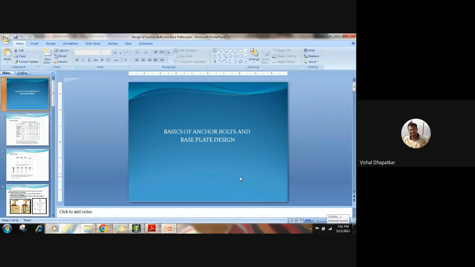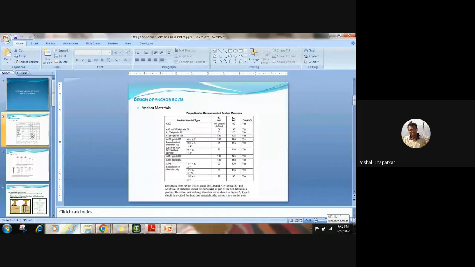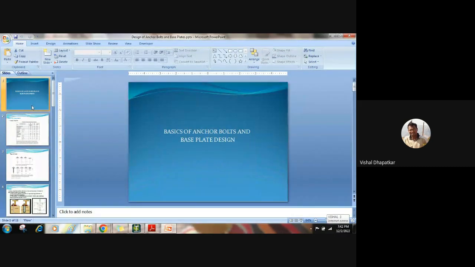एंकर बोल्ट का आपको ज्यादा डिटेल की जरूरत नहीं है, कभी इंटरव्यू में कोई क्वेश्चन पूछेगा तो उसके लिए हम कवर कर रहे हैं। इसका डिजाइन अमेरिकन कोड के हिसाब से है, और सिर्फ अमेरिकन कोड में ही आपको एंकर बोल्ट कैसे डिजाइन करते हैं वो मिलेगा, लेकिन दैट इज वेरी वास्ट टॉपिक, उसमें बहुत सारी चीजें चेक करने के लिए हैं। तो हम सिर्फ बेसिक देखेंगे जो आपके काम आएंगे। मोस्ट ऑफ द टाइम एंकर बोल्ट डिजाइन करने के लिए स्प्रेडशीट्स अवेलेबल रहते हैं,